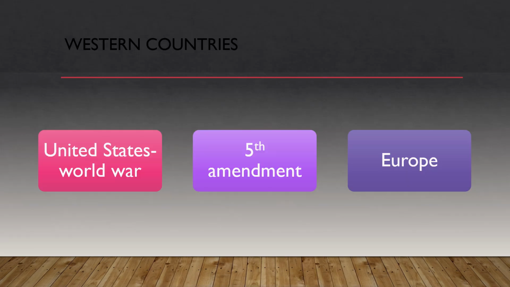In Western countries, the United States, after World War, the Fifth Amendment, and in Europe as well, this doesn't stand. When Western countries first got to know about polygraph tests or narco tests, they were very interested after the World War. Many of the accused or the war hostages went through these tests. They were also able to retrieve important information regarding the hideouts and bunkers of the opposite parties.